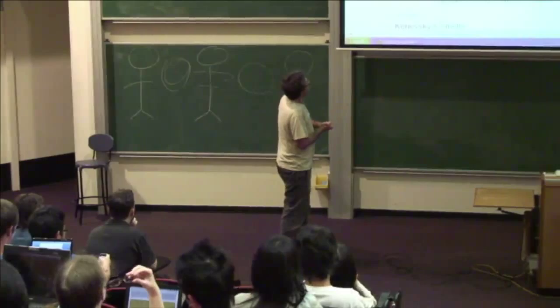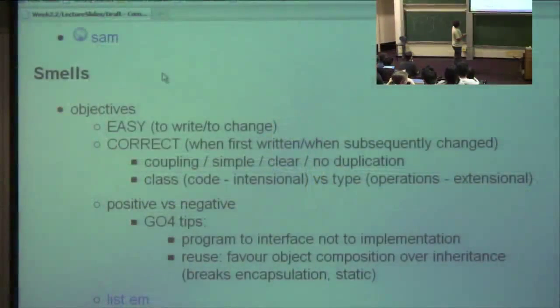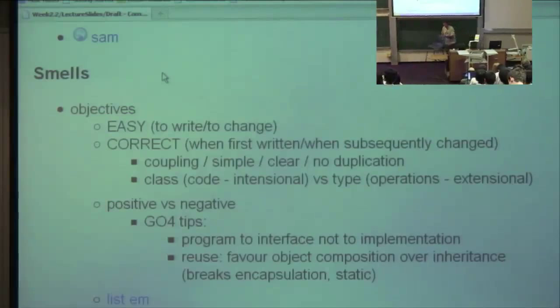All right, now, smells. Now I'm going to talk about what a smell is. I sort of hinted at it while we were talking about it with Richard. The idea is,